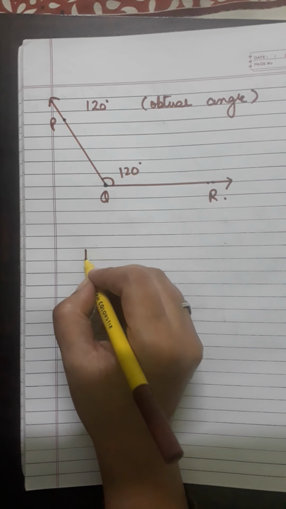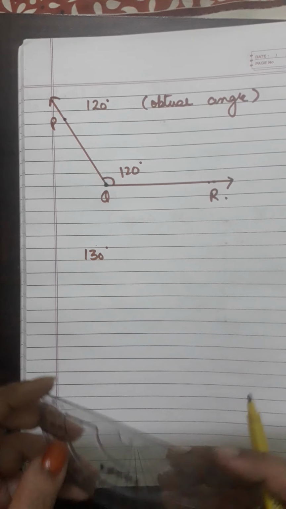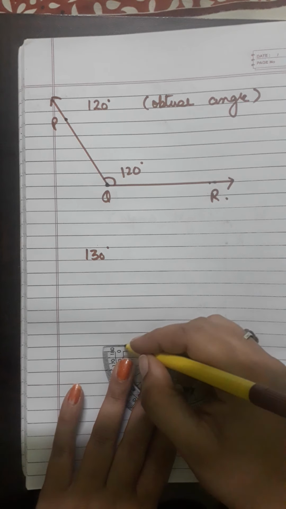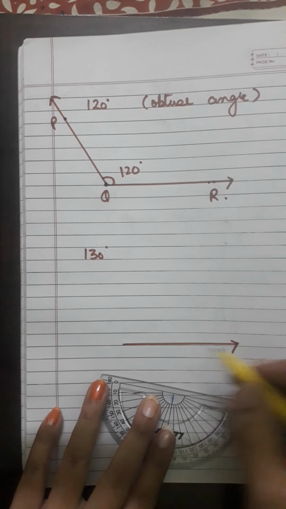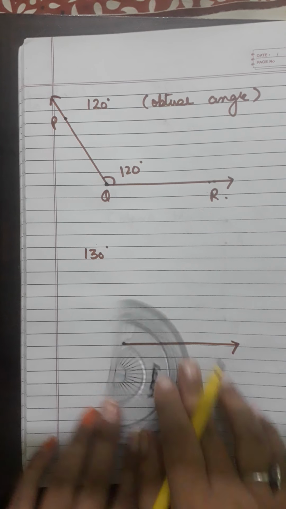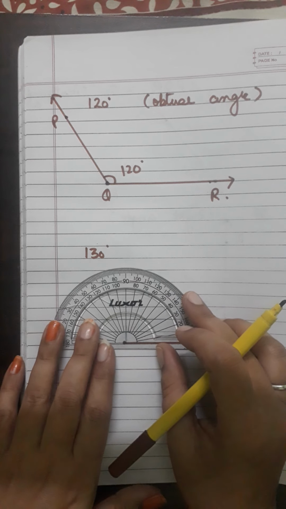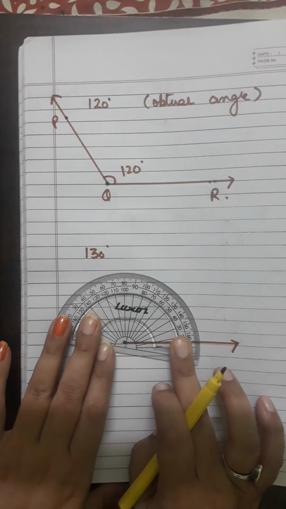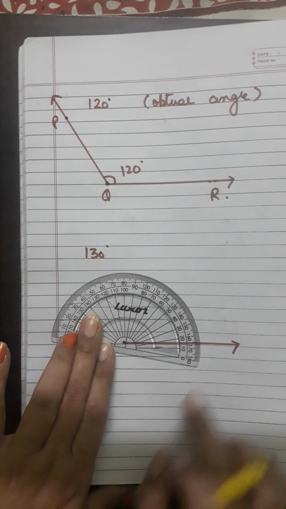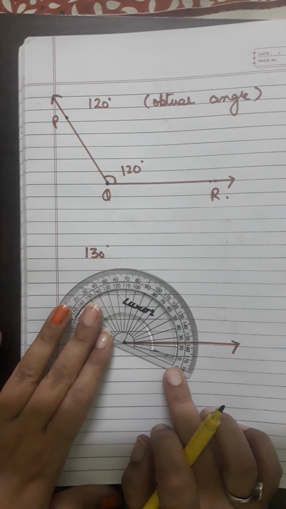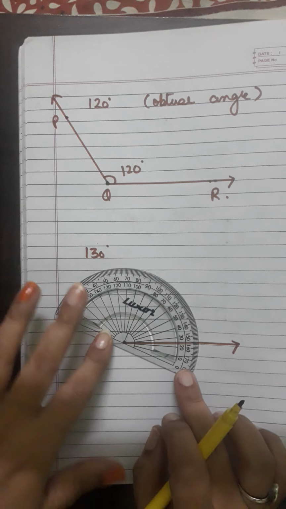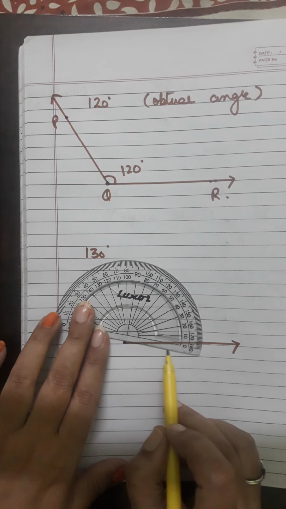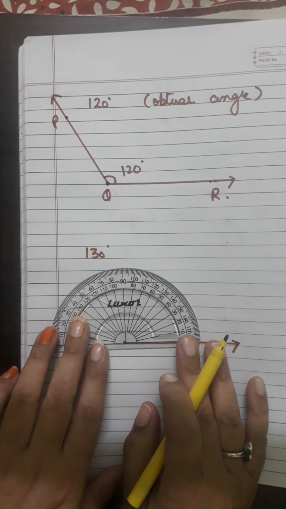Now it is 130 degree. Same procedure, we will draw a straight line. Ray we have drawn. Here we will put a dot, and we will keep our protractor the same. Again I am telling, it should be straight. You cannot keep it like this. See, it is wrong. You cannot keep it like this. It is wrong. Okay, so your line should match with the line of your protractor. So you have to match it.